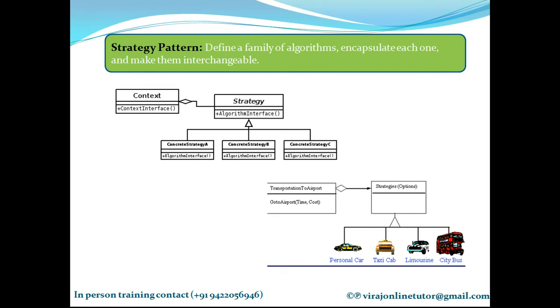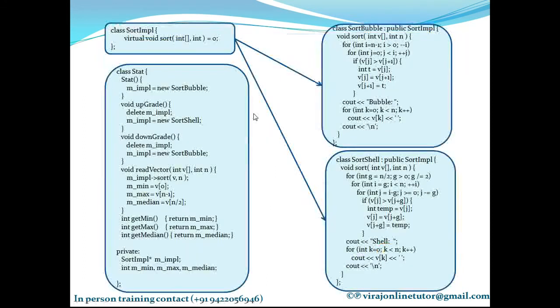So the base sorting algorithm belongs to a strategy component because it's an abstract interface. I have a base sorting class here in which I'm not implementing the sort function, but I'm just having a virtual function there, a placeholder. Then I implement a bubble sorting class and a shell sorting class. Bubble sorting class will sort the vector by using the bubble sorting algorithm. Shell sorting class will sort the vector based on the shell sorting algorithm.